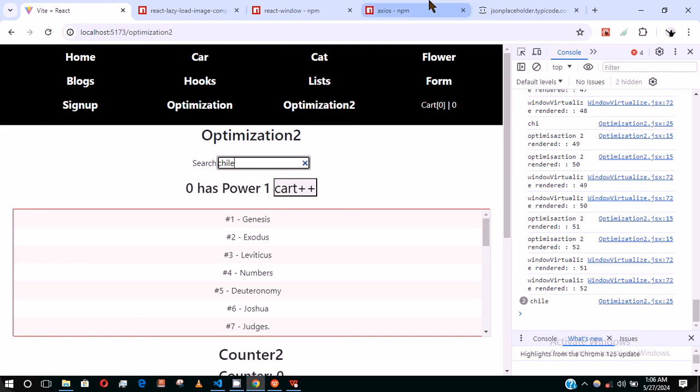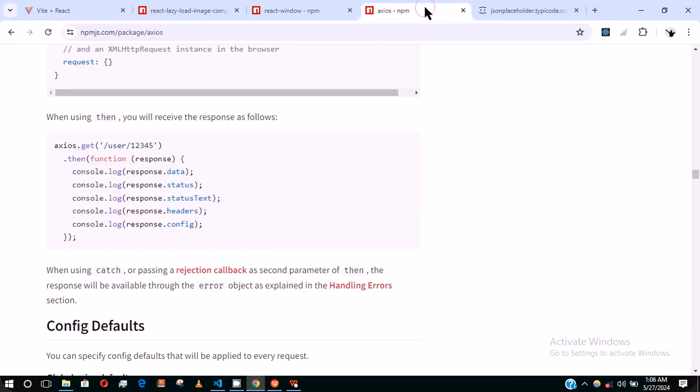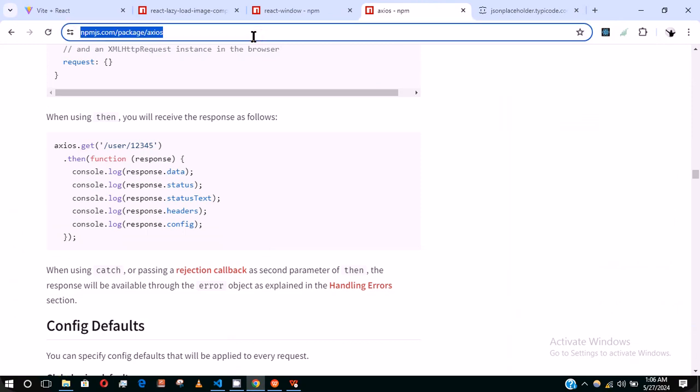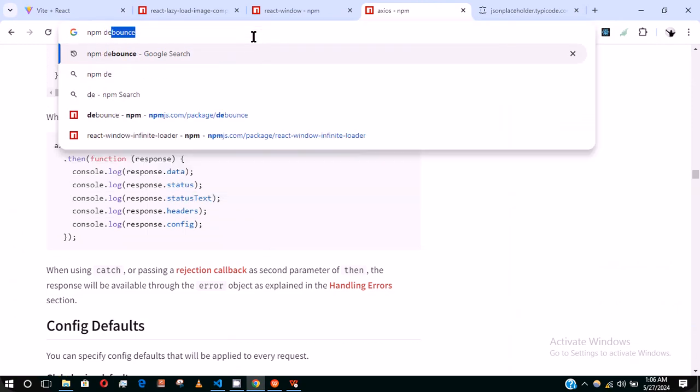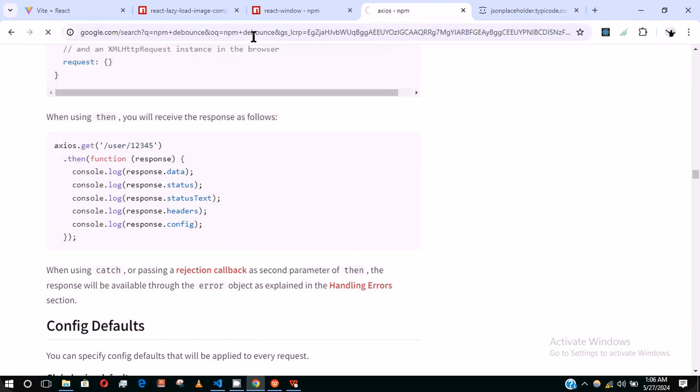So we have the debounce here. Then I now have this. So to use the debounce, you have a function. So if you scroll down, you can import it by saying npm import debounce. So if you copy this like so and come to our second terminal